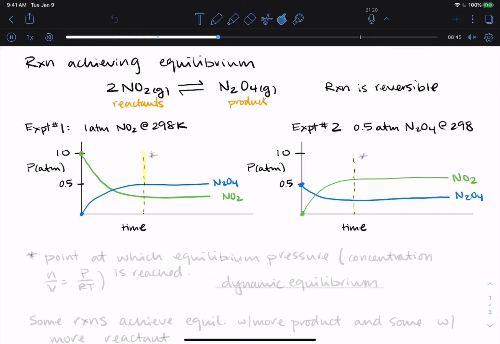This line right here. So it's right at the point where my pressures kind of even out, and put a star by it. This is the point at which the equilibrium pressure